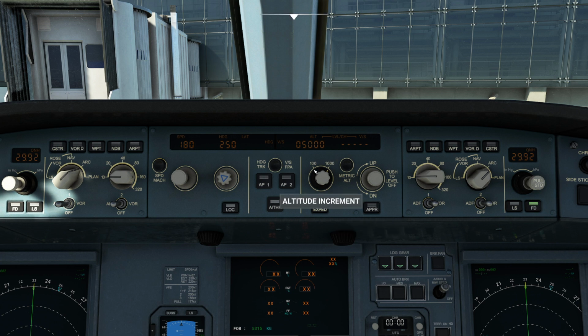Now, another interesting thing which I always get a kick out of here is our little altitude controller. You'll notice it has two different modes itself. You'll notice I can actually come in here and change the selected altitude. Let's say I want to do 10,000 feet here. But you'll also notice I can push this in, basically turning on VNAV, or I can pull it out saying, oh, no, this is what I want, kind of a deal like that. And again, by pulling it out, you have your selected versus your level off right now modes